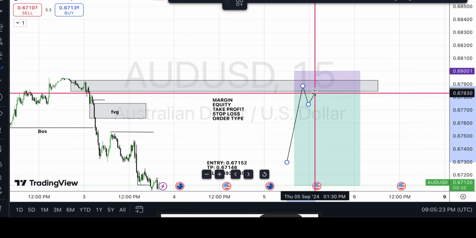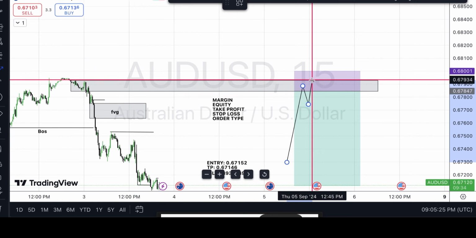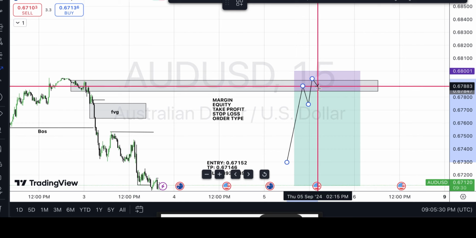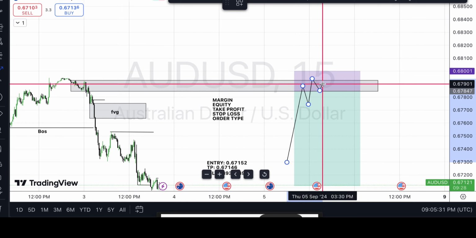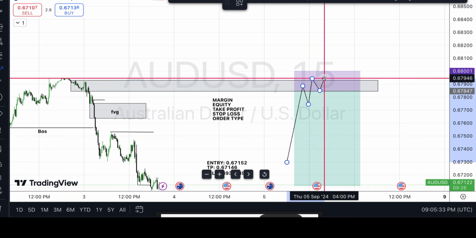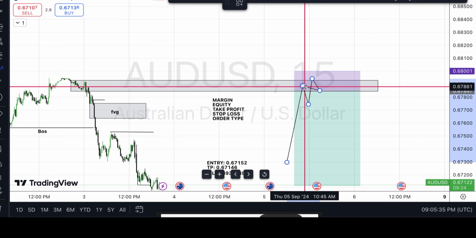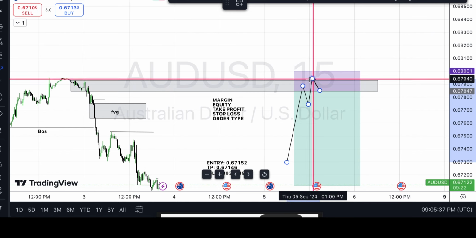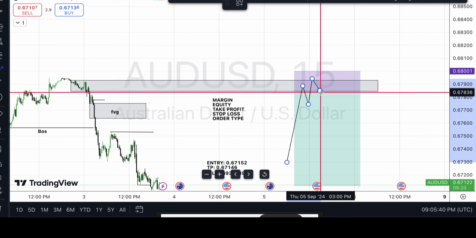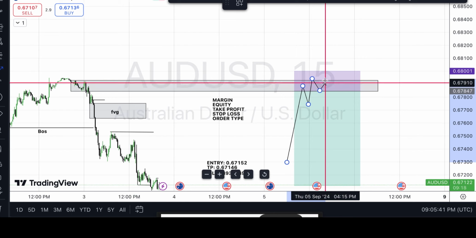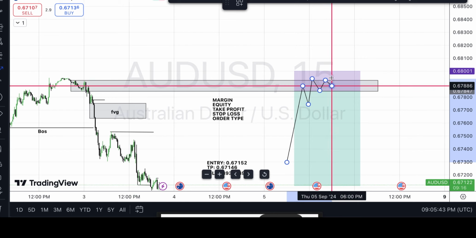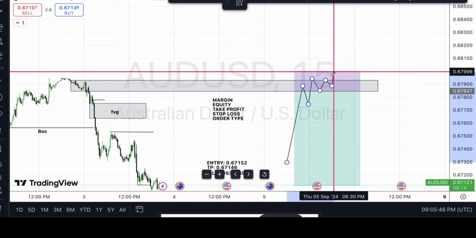Then it reverses and took out this other high here, and then it came down again. I'm just giving you an example. And so you are hoping that because this price took out this liquidity, this will be a strong high. Instead, price was now misbehaving and not going up,